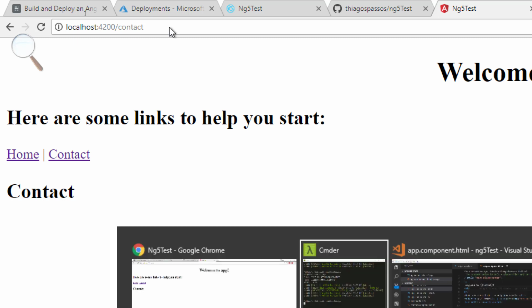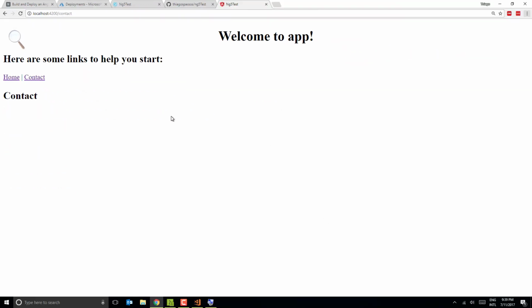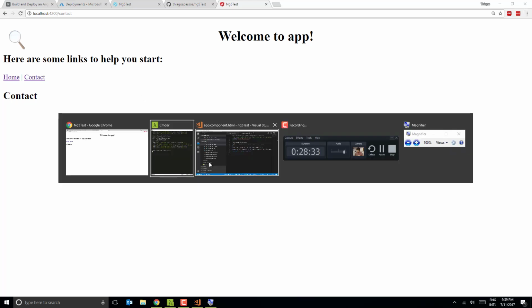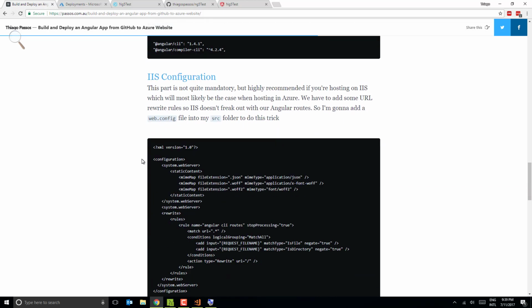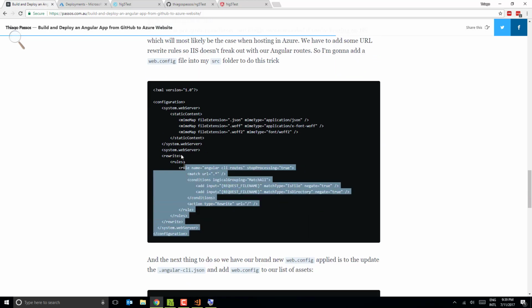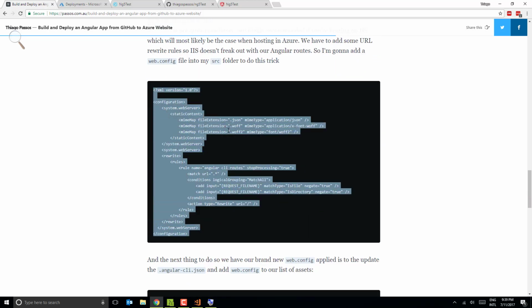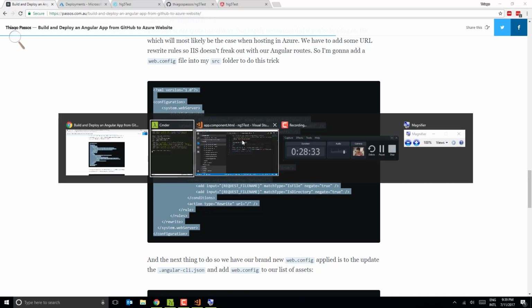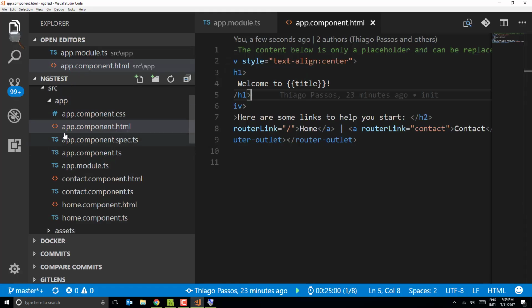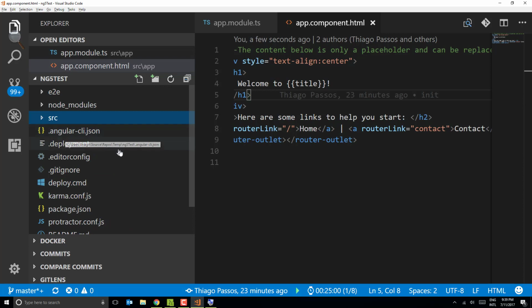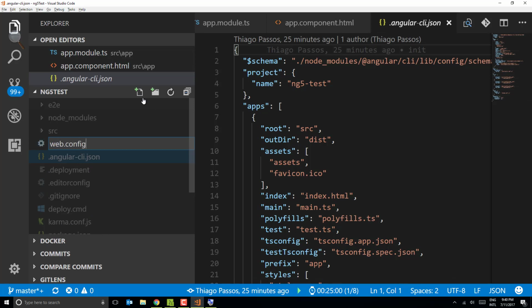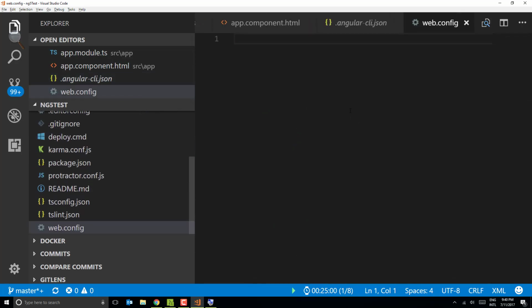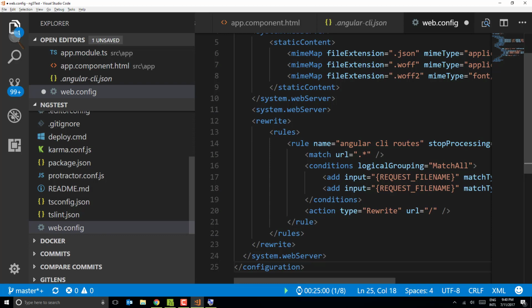So let's go back to our application and let's make some minor changes. First I want to come back to my blog and I want to copy the web config that I'm going to use. Okay, so I'm going to go to my folder here and I'm going to create a new file called web.config. I'm going to paste that,